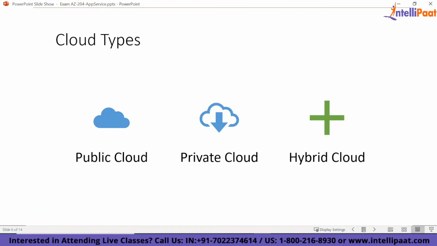So that is what cloud computing is. Now, cloud computing, again, we have divided into three types. Public cloud. Public cloud is nothing but what we said: Azure, Google Cloud, and AWS. So what is the benefit of public cloud? The benefit of public cloud is it's easy to use.